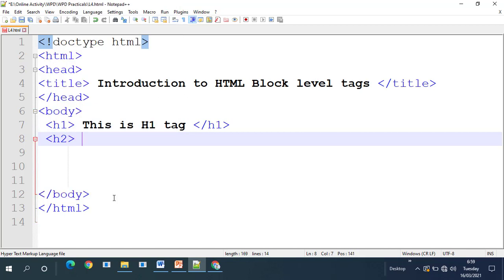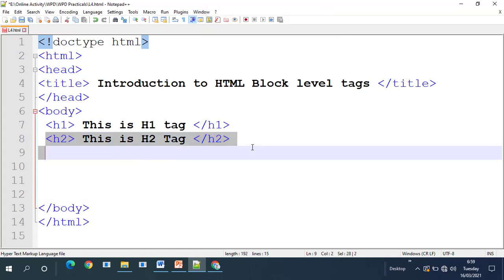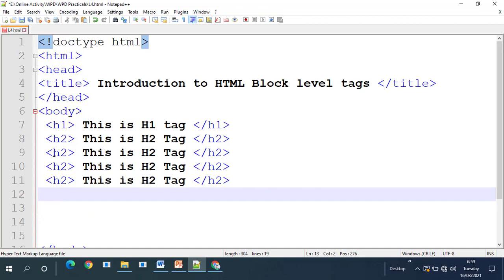Now here I am going to use the H2 tag, and the content is this is H2 tag. Provide the closing H2 tag. Similarly, write the code for H3, H4, H5 and H6 tag.